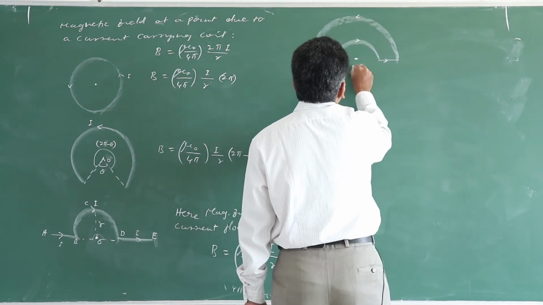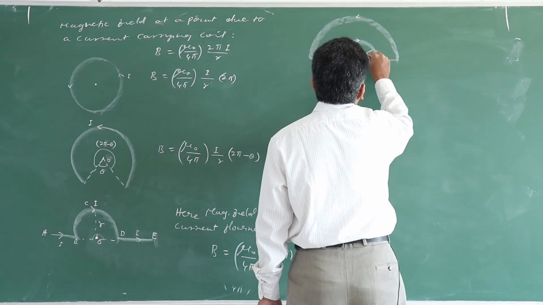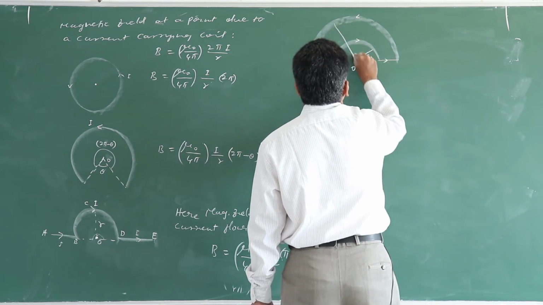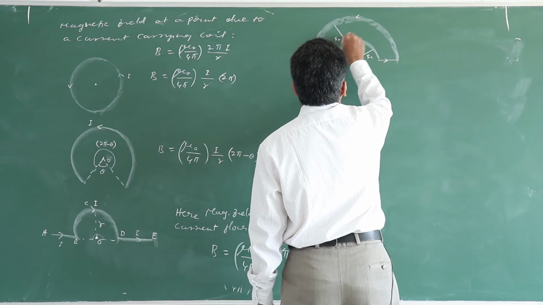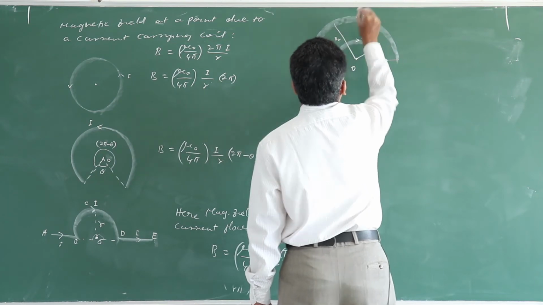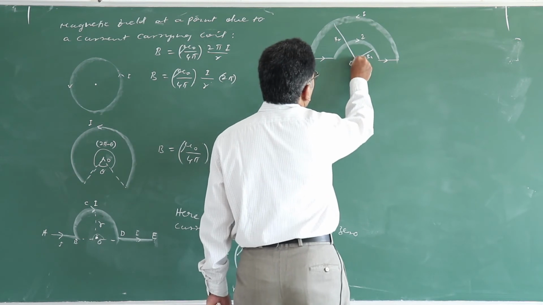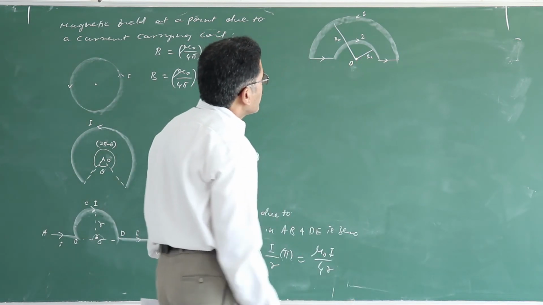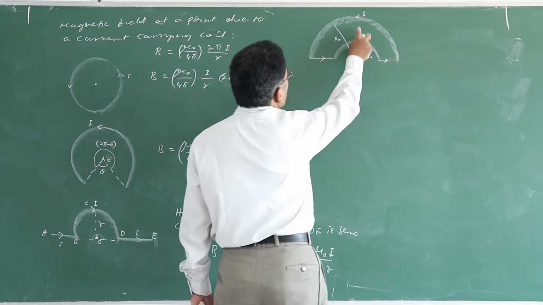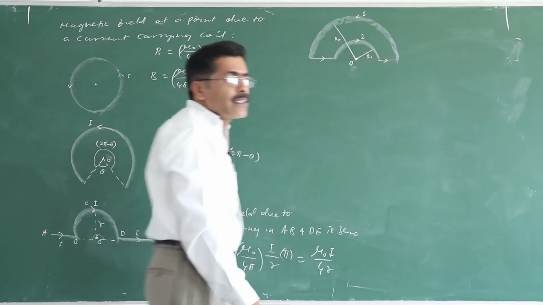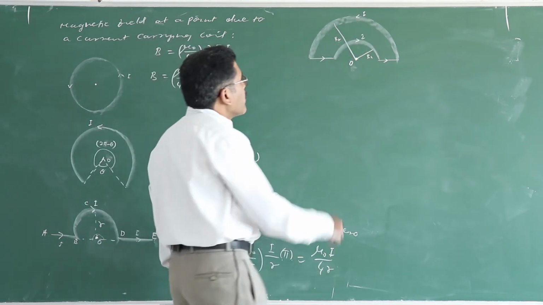Okay, this is O, this is R1 and this is R2. I. We have to find what is the magnetic field at O. See, therefore, here current are in opposite direction. Since they are in opposite direction, net magnetic field,